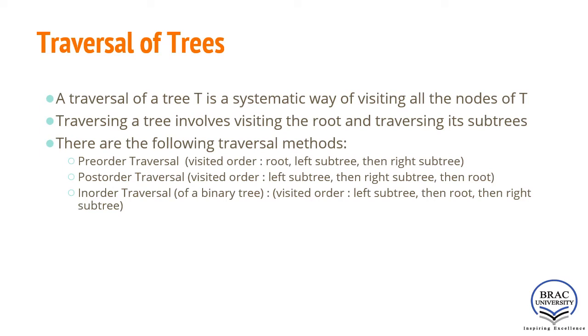There's another type of traversal called level order traversal, and in level order traversal, the tree will be traversed level-wise. I will give you an example and hope the concept will be clear then. But you need to keep in mind that the terms pre, post or in are related to the root. So pre-order means the root will be visited first, post-order means the root will be visited at the last, and in-order means the root will be visited in the middle.